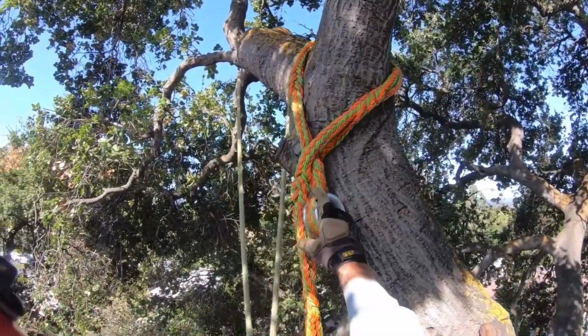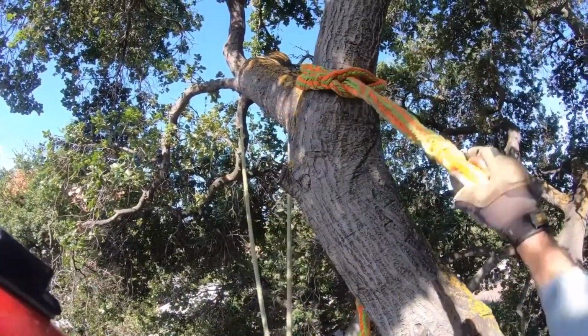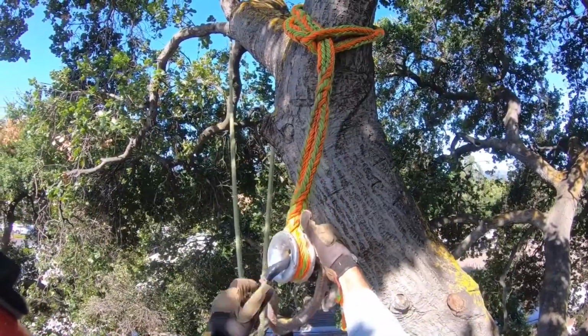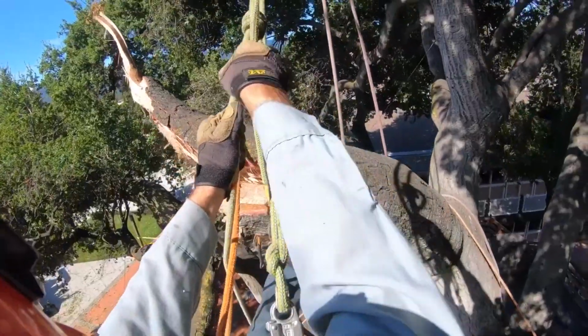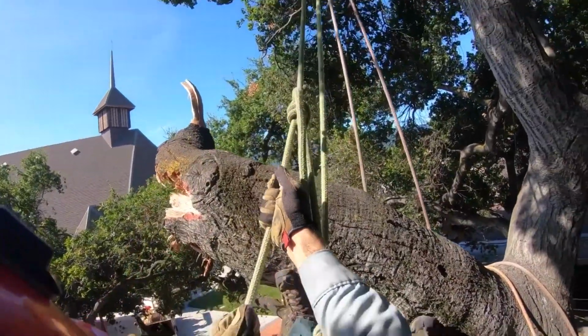You thread the rope through there, and it doesn't wear on the tree, but it also makes the controlling a lot smoother, and you're able to position the ring where you want it rather than just being stuck with the location of the crotch. Now once we got this all set up, the next step that I want Kaylin to do is